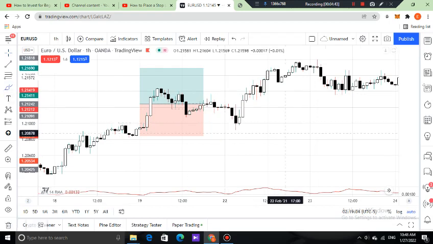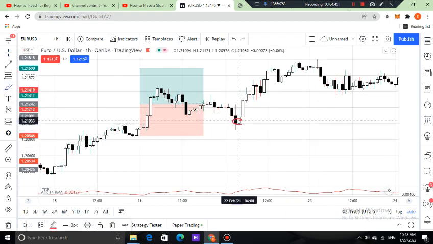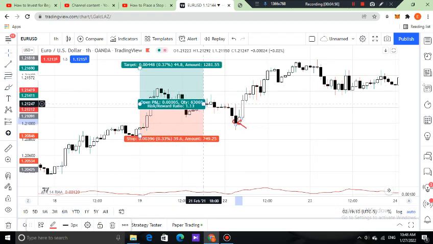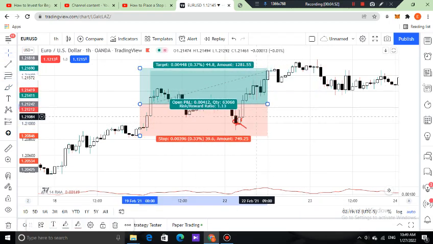You are in a losing position, but your stop hasn't been touched. You see, price is at this level, it's a stop loss zone,